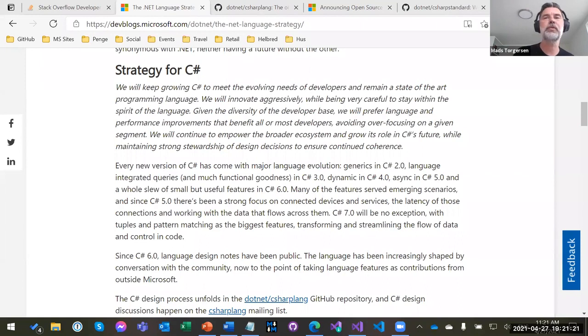We want to address user feedback when something that was not so common before is going to be more common now, when that is too cumbersome to do. And we know that that comes at a cost. It's a cost that we're willing to pay, which is that the language becomes more complex.